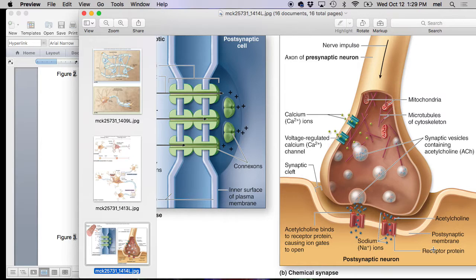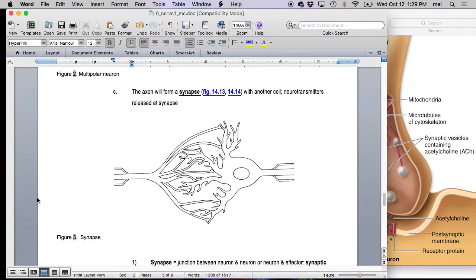So this part is physiology, and I don't test on this in anatomy, but it's the reason you need a good, strong basis in nervous system anatomy in order to understand the physiology. Okay, so